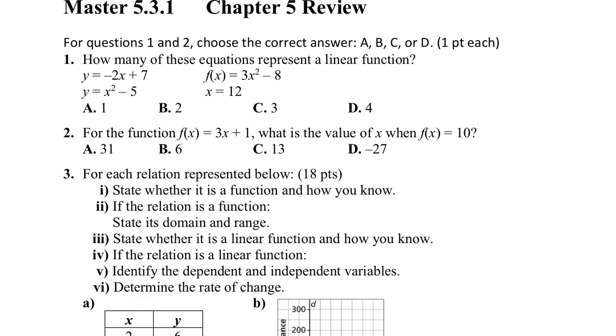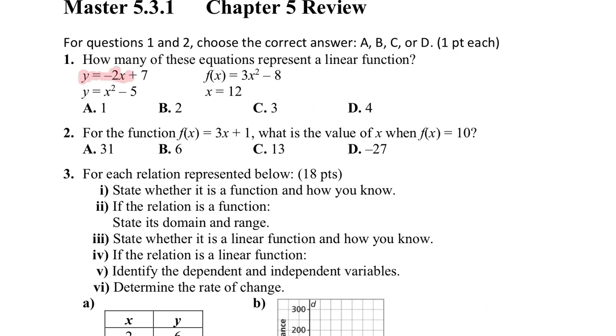Let's start with question number 1. So question number 1, we have how many of these equations represents a linear function? So if you remember, a linear function, it's going to have an x and a y, or just a y. It can't have either an x squared or just an x, and I'll explain why as we go through them. So for this first one here, y equals negative 2x plus 7. That one there, I can say,